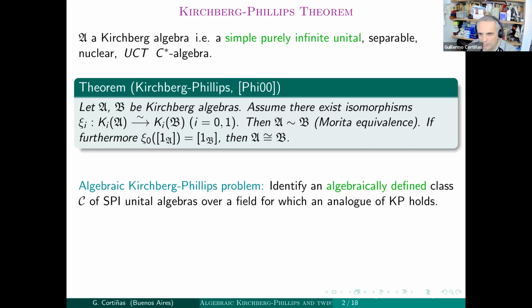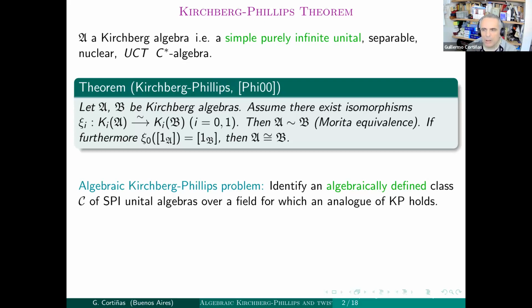And you may ask that your algebra in the purely algebraic setting also lives in the triangulated subcategory generated by the ground field within the algebraic KK triangulated category. Actually, all algebras I can handle are of that sort. In any case, the UCT is not the important part because the Kirchberg-Phillips theorem